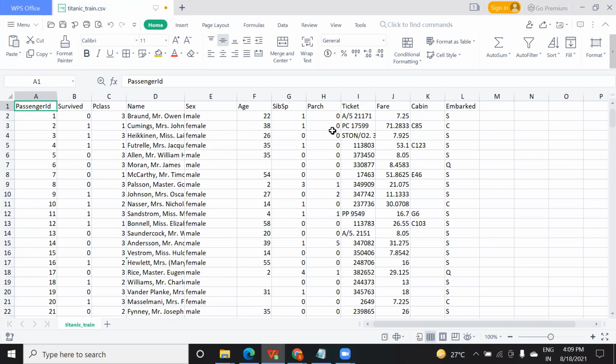So based on this, we need to find it out. All of these are my input features. Survived is my target, the dependent one, that I need to find out. And why is it representing 0 and 1? Because earlier it was only survive and deceased. But when you convert it into one hot encoding, in the form of 0 and 1, it will be easier for your model to understand.